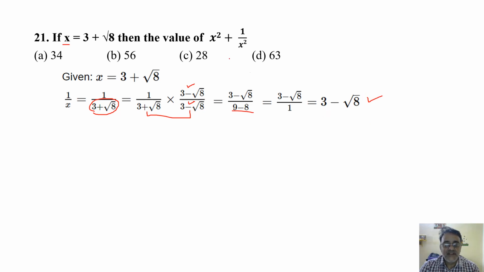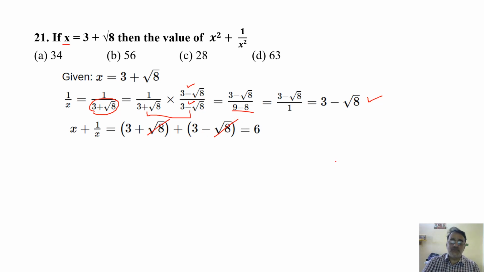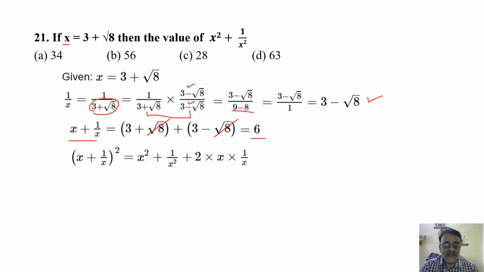Yes, sir. Okay. So अब हम लोग क्या करेंगे, x plus 1 upon x का value find करेंगे. So दोनों को add कर दो. When you add, this 2 will be cancelled and we are getting 6 only. Now square on both sides. दोनों तरफ square कर लो. Left side, right side. So इसका square क्या होगा देखो, a square plus b square plus 2ab. So x square plus 1 upon x square plus 2 into x into 1 upon x. This x will be cancelled. So we are getting this one. This is clear?